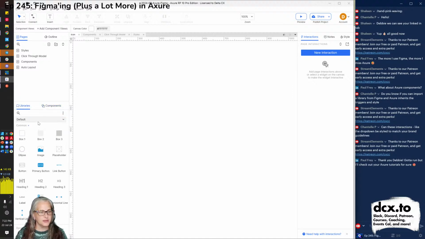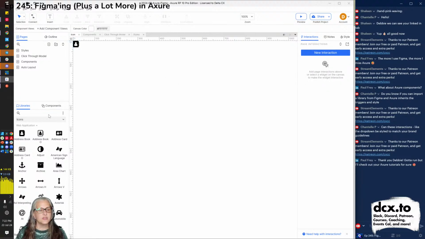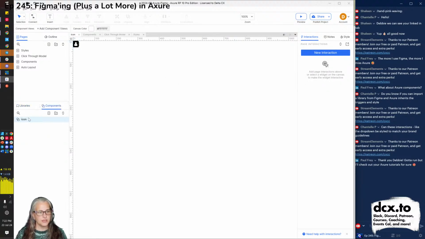So just for fun, let's grab a sample icon. Okay, first one I saw, address book. Here we go. And let's say it's 30 pixels high. Okay, there we go. So over in components, we have a component called icon.